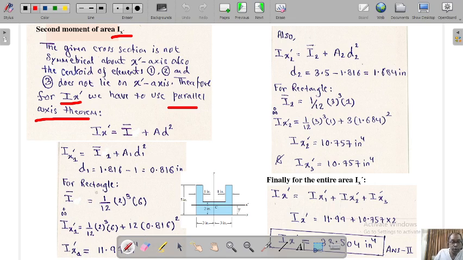Okay, so first of all you need to calculate d1. d1 is what? 1.816 minus 1. This you are going to calculate first. If you calculate d1 and put all the values in this equation, okay, in this equation, you can say this is your main equation 1. Okay, you're putting all this. So d1, what does this mean? If you look at it, it means that